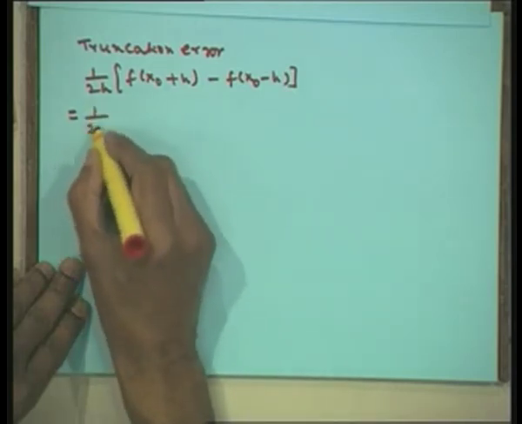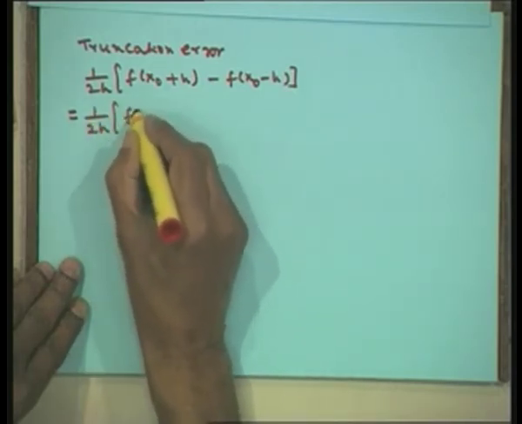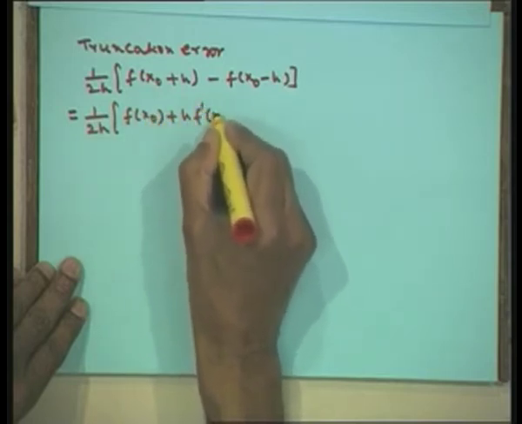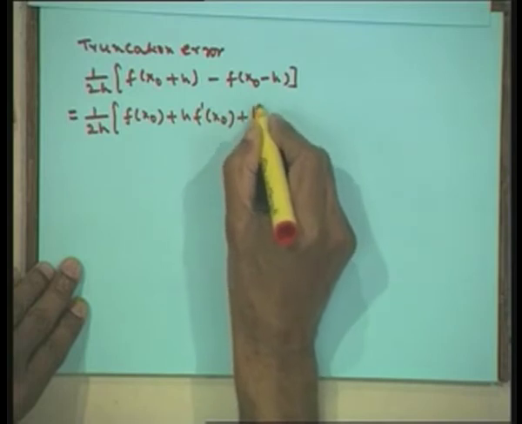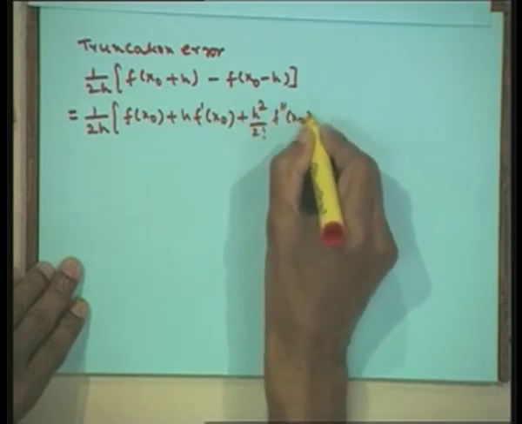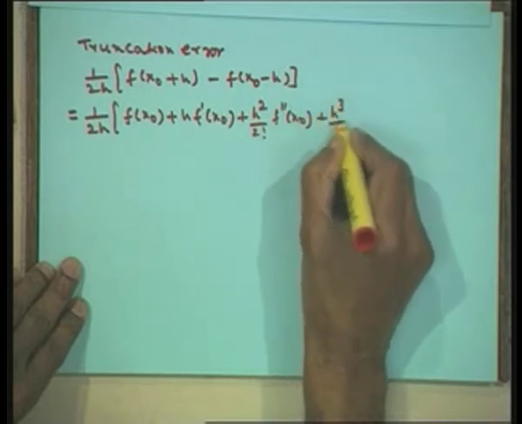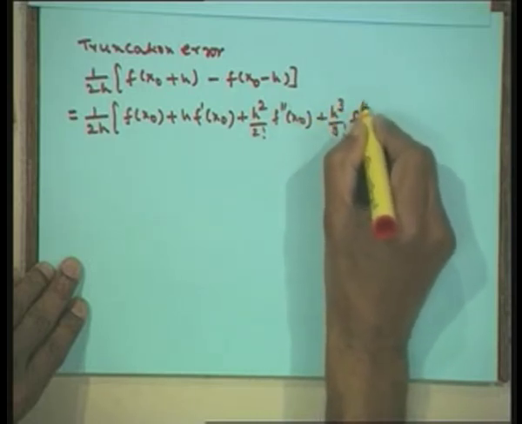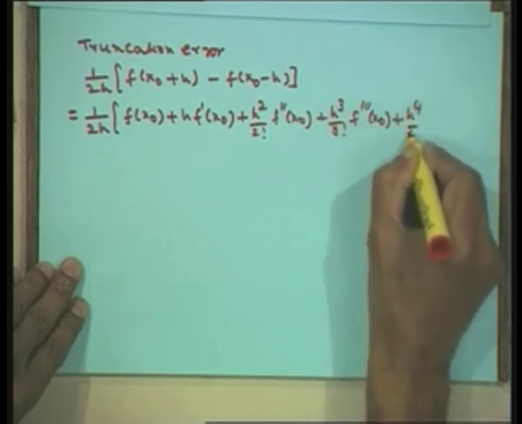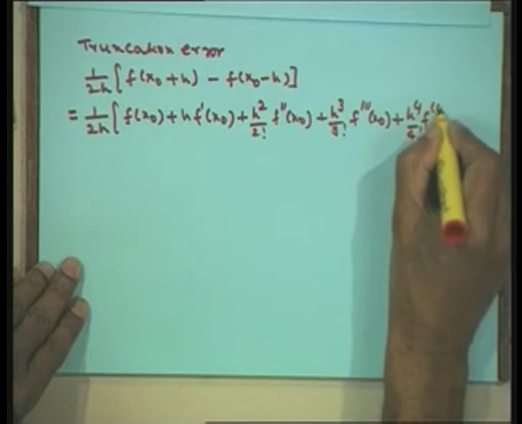Hence, we have 1 upon 2h [f(x0) + h f'(x0) + h^2/2! f''(x0) + h^3/3! f'''(x0) + h^4/4! f''''(x0)